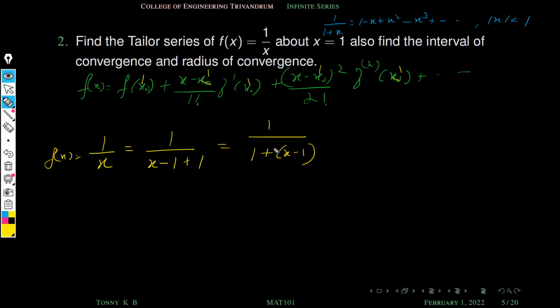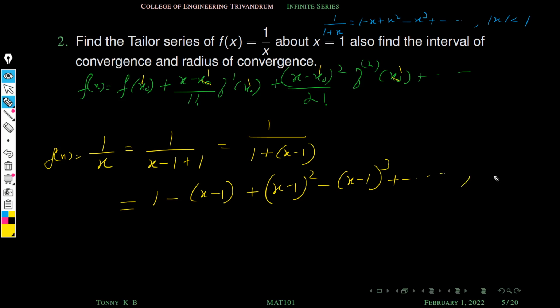And what is the series expansion of 1 by 1 plus x? That is 1 minus x plus x square minus x cube plus etc., and valid in this interval. Okay, so this is equal to, here the only difference is instead of x it is x minus 1. So 1 minus (x minus 1) plus (x minus 1) whole square minus (x minus 1) whole cube plus